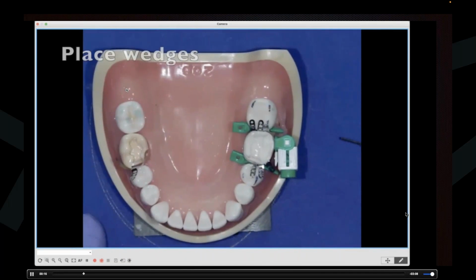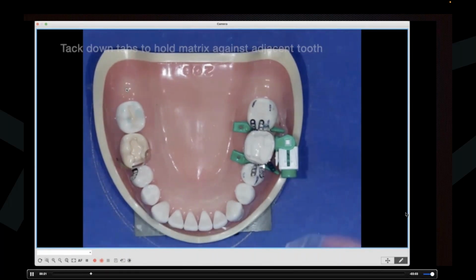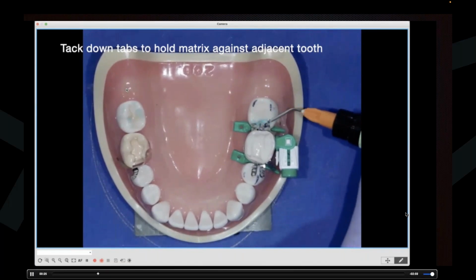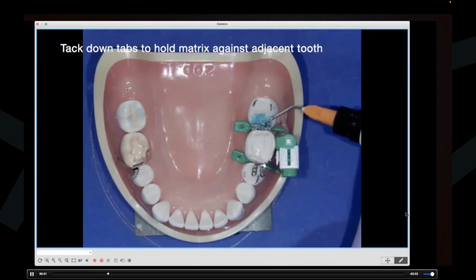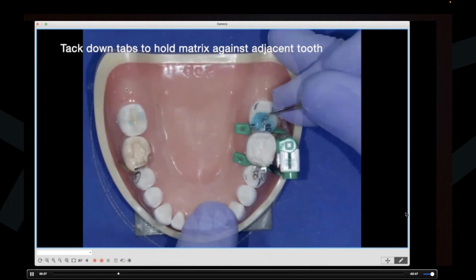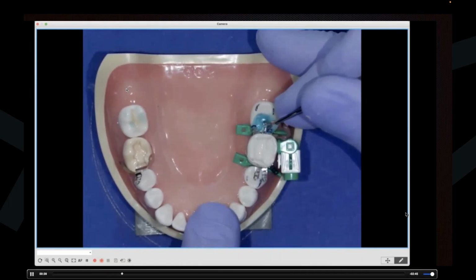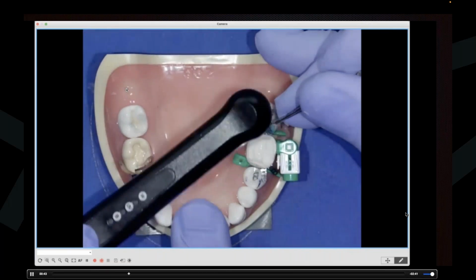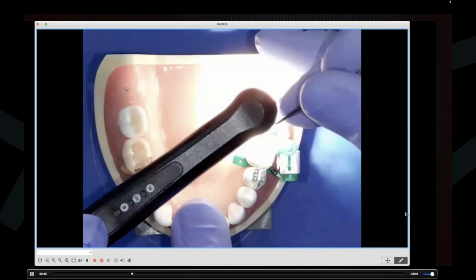Detaching the carrier, we're going to glue down the tabs. Again, I put adhesive on the teeth that are adjacent on the occlusals, but I don't etch those. This will stick just fine, but I want to be able to get it off when I want to get it off. So again, we're pulling the little tabs to make sure that 35 micron band is up against the adjacent tooth. Then we light cure it.